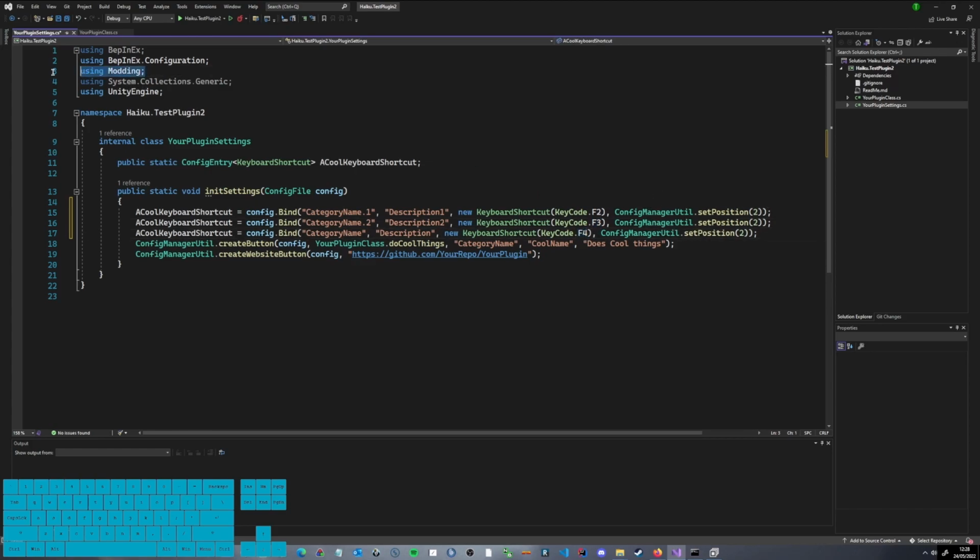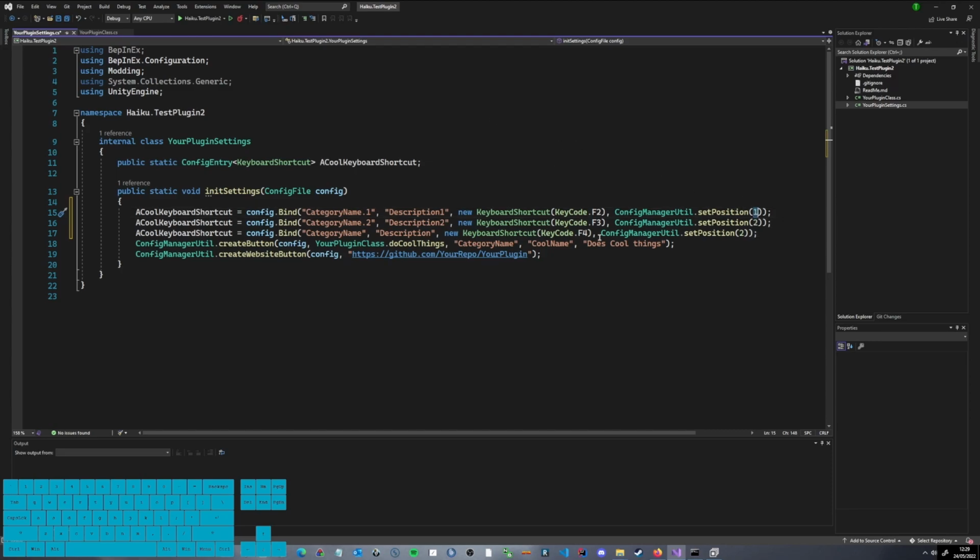And we are using namespace Modding here, which is from Modding API. And it has some very nice utilities. For example, we can just automatically set a position. This essentially just creates a config description, right? Yeah, a config description, which is just empty and sets the position to 2, or the number that you put into here. The numbers that you put into here are kind of confusing. They are from top to bottom.